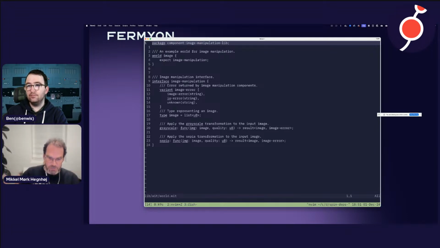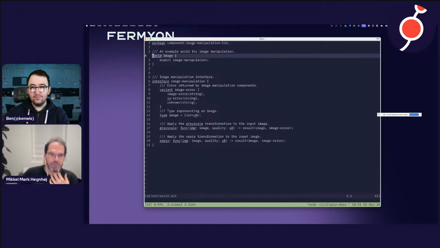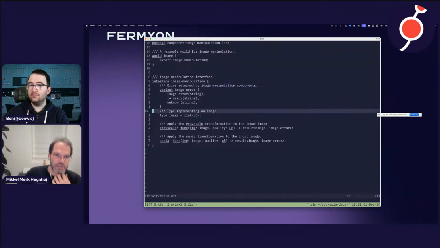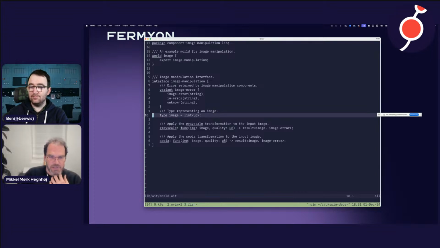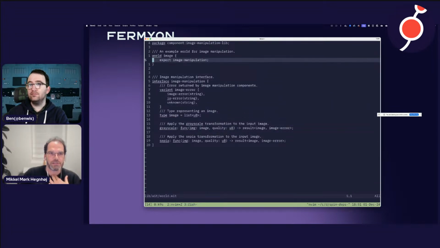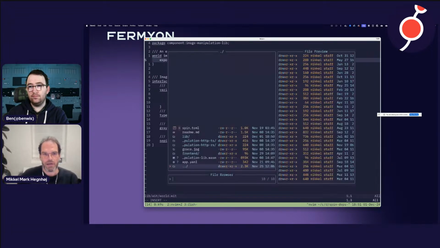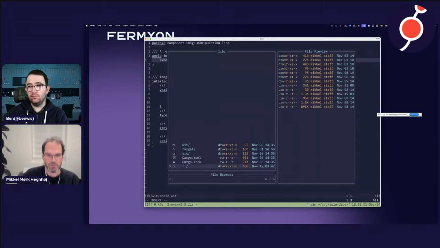So a WASI HTTP component, which is a standardized interface, is one of these that takes an HTTP handler and returns an HTTP request. In this case, you can see I have an image manipulation interface. It has a few error variants down here. It has an image, that's a type, and it has these two functions. And basically this image world exports the image manipulation interface, which means that when I go ahead and build this,